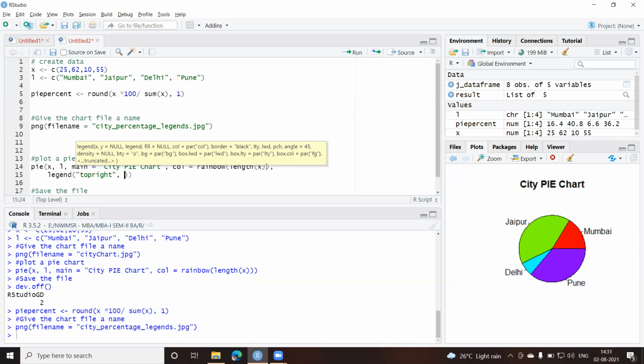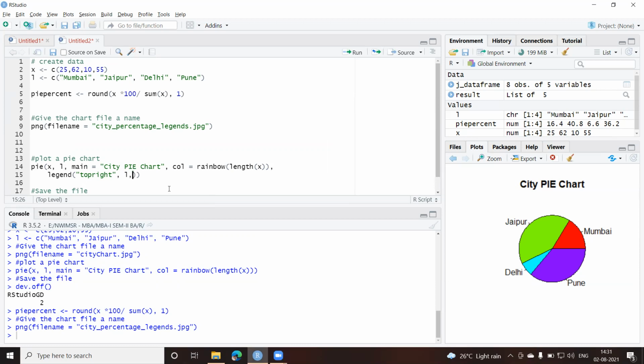And I have to specify the names now. This will be again a vector. So let me give C. Instead of C, I can give L as well. So let us use L, because we already have it. So why complicate this further? But if you want, you can specify it.